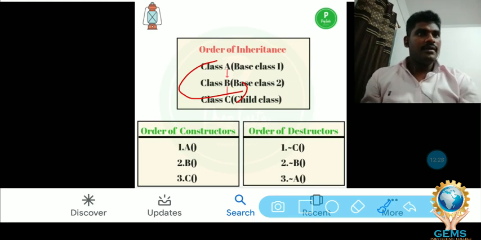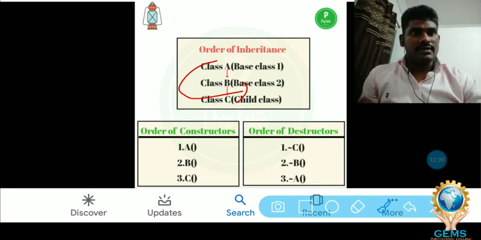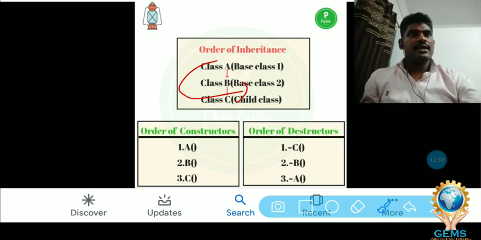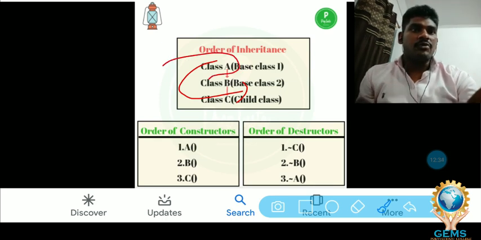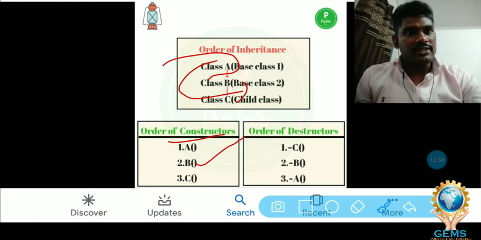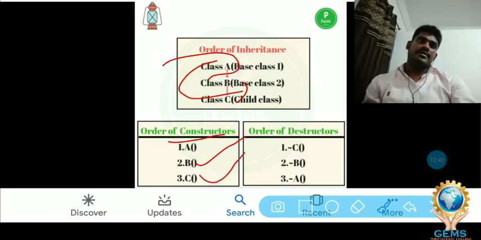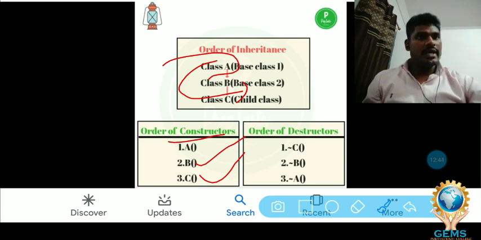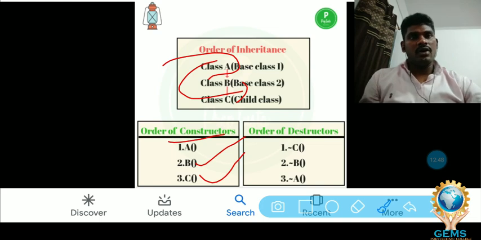That's why, in the derived class, the base class constructor is executed first. Then the class B constructor is executed, then the class C constructor. First A, second B, third C. This is the order of constructors.